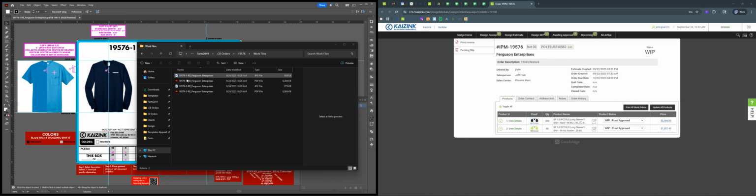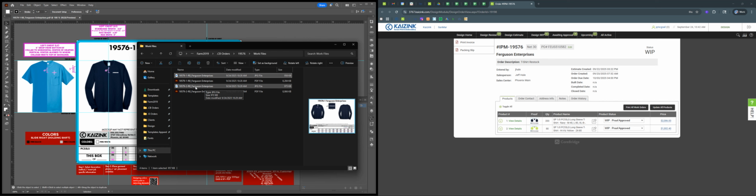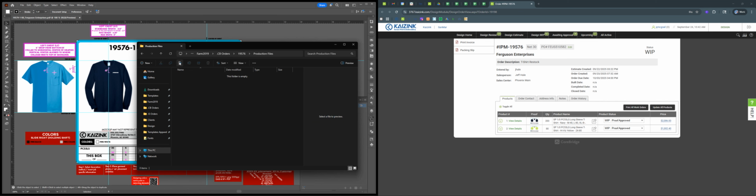In this case, there was only one set of proofs out. If there's more than one, you'll see an R1 and R2 for any further revisions. Just make sure you're grabbing the one that has the latest number on it. So these two, I'm going to select both by holding down Control so that I can select them both at the same time. And I'm just going to copy them and put them in the production